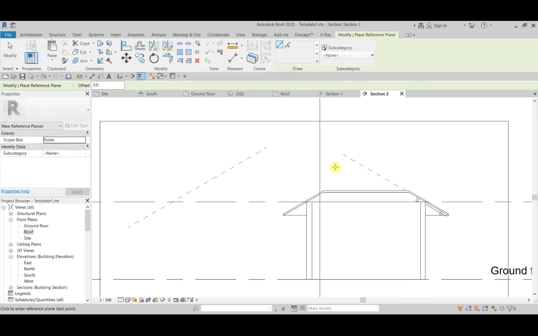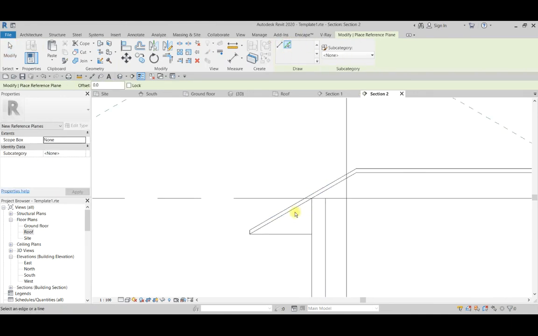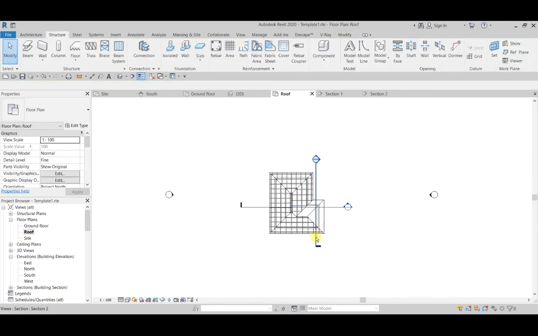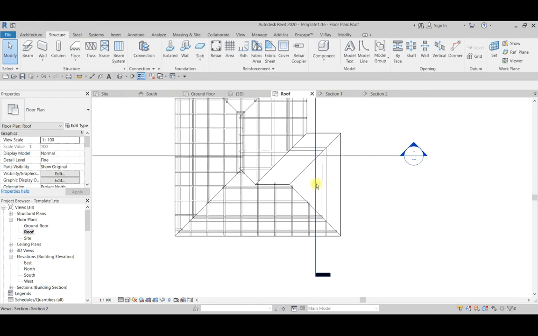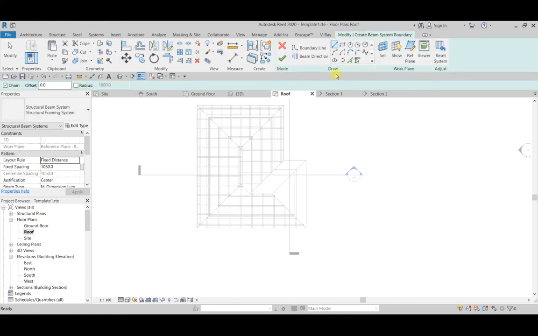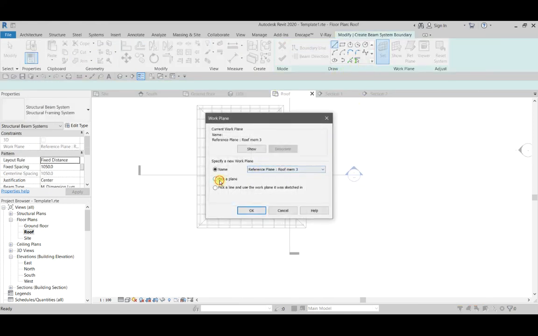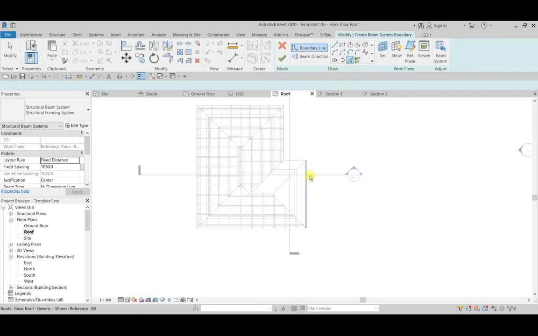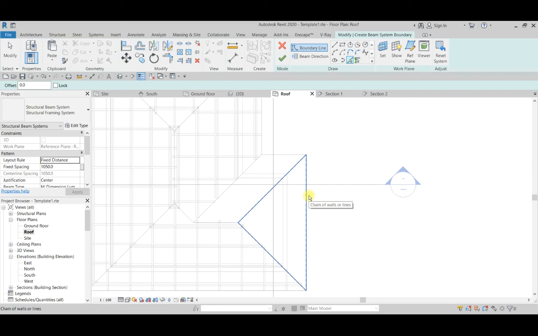So I'll just do my reference plane here again. Do this one as roof members 7. Do you think it's that one? Okay, let's do and see. So back to the beam system again. I'll just come to the beam system, do close here. Then I'll set my reference plane, then I'll do the pick a plane, and I'll do 6. Okay, I'll use the pick lines, use my tab on my keyboard,